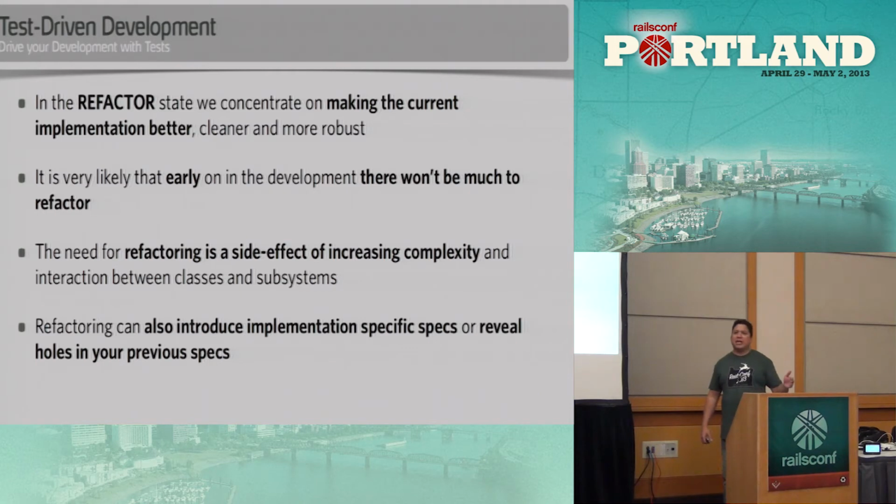So once you get to the green state, now it's time to refactor. And in your minds, there's probably about 1 million ideas right now of how you could make this better. Now, early on, refactorings are going to be fairly simple. They're going to be minute things. As you move forward and you start getting from unit testing to integration testing, and you start also from the outside in doing acceptance testing, the correlations between the different things being tested becomes higher and higher, and refactoring becomes a science. At that point, that's where you build your chops refactoring code.